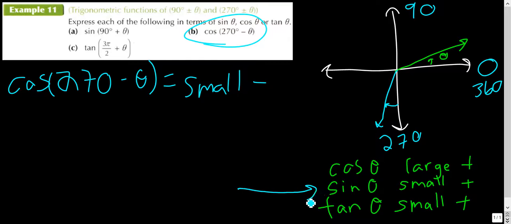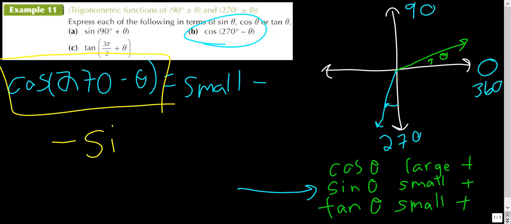Well, notice that the original angle, the sine was positive. But the cosine of 270 minus theta in our example is going to be negative. So this works out to where the cosine of 270 minus theta is actually the opposite of what our sine of theta is. It's the opposite value. And so by looking at the magnitude of them again, we can relate that this is what's going to happen. So we can say, okay, hey, the cosine of, let's say,